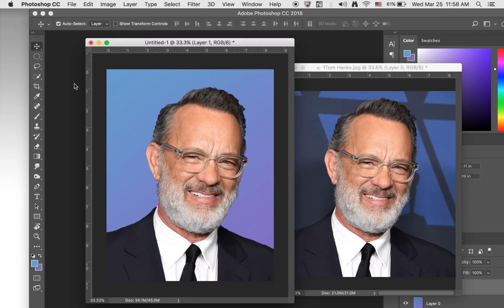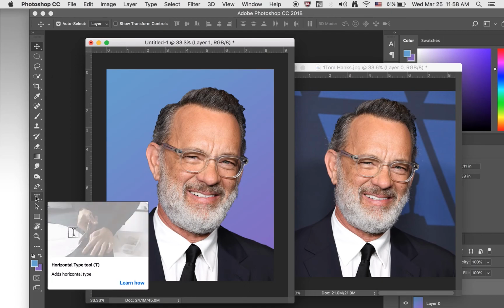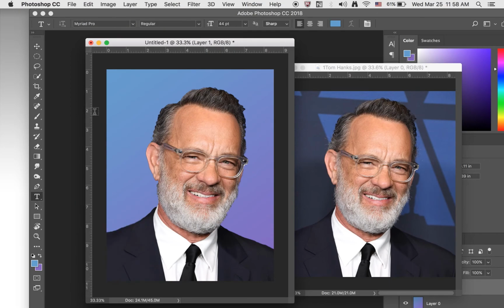To bring in text, you will scroll down to the type tool. So this capital T horizontal type tool, you will click on the type tool, and you will come and click, drag on the top of your, almost the first 2 inches of your magazine, and drag a box. This box is going to hold the text. So now you can click inside and type. And I don't remember what the banner titles are for your magazine, so I'm just gonna say